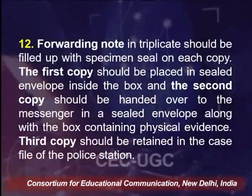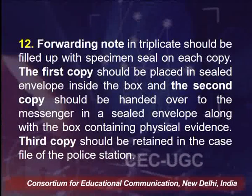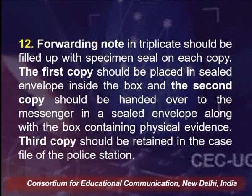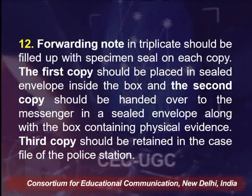The first copy should be placed in a sealed envelope inside the box. The second copy should be handed over to the messenger in a sealed envelope along with the box containing physical evidence, and the third copy should be retained in the case file of the police station. So of the 3 copies which are being made, one is inside the packaging material, the second is sealed in the envelope and given directly to the person who is receiving the evidence, and the third copy is retained at the